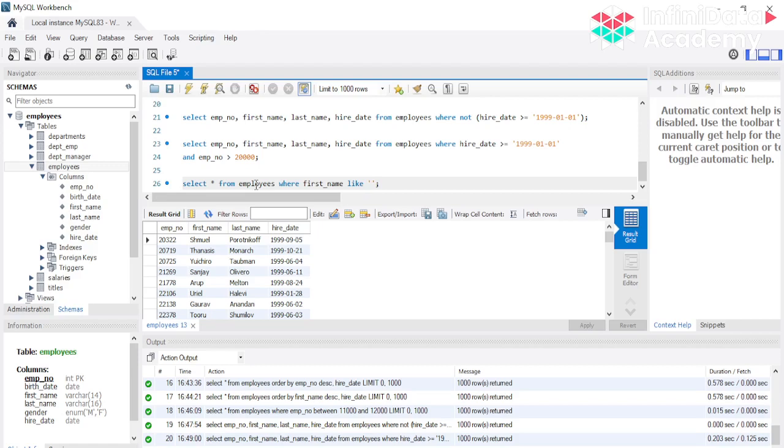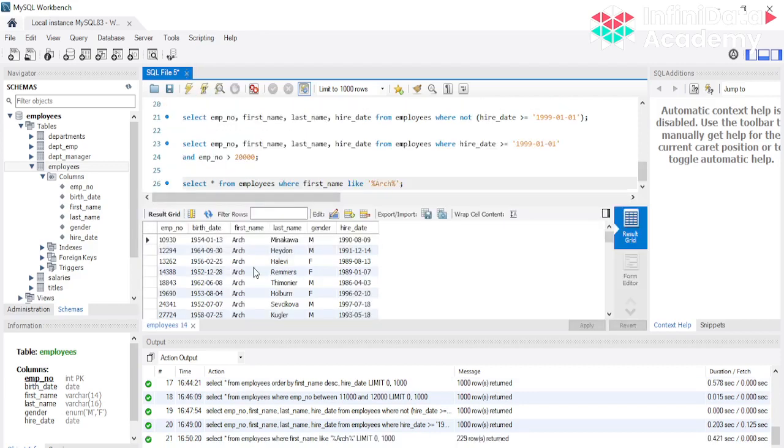So I just want to check if there's somebody named something similar to my own name. Is there any employee? Oh, there are a lot of Arch. That's cool. You can see here.